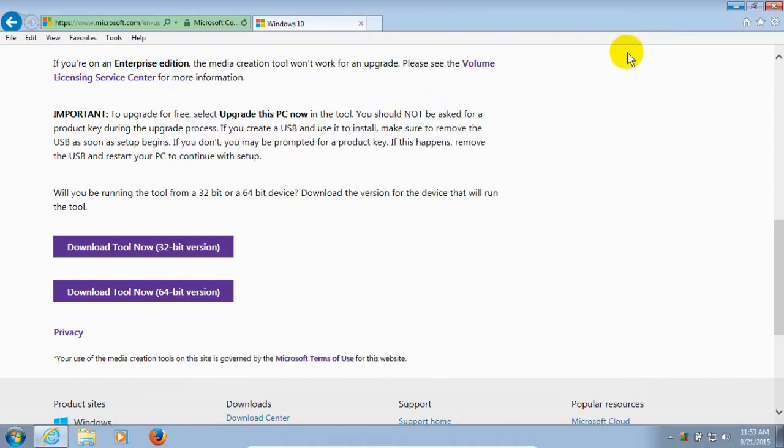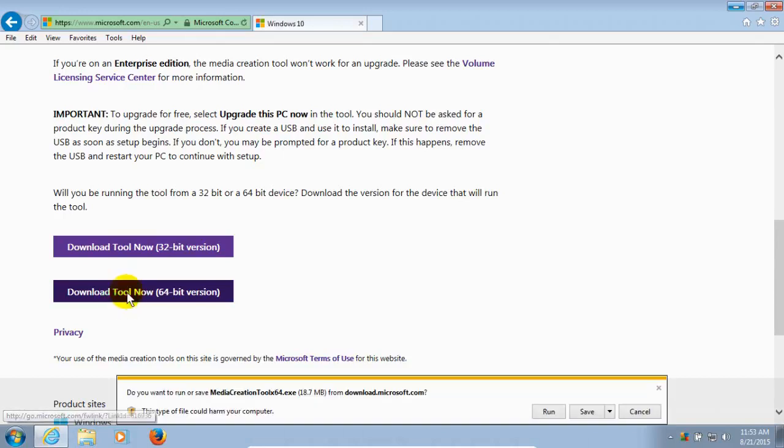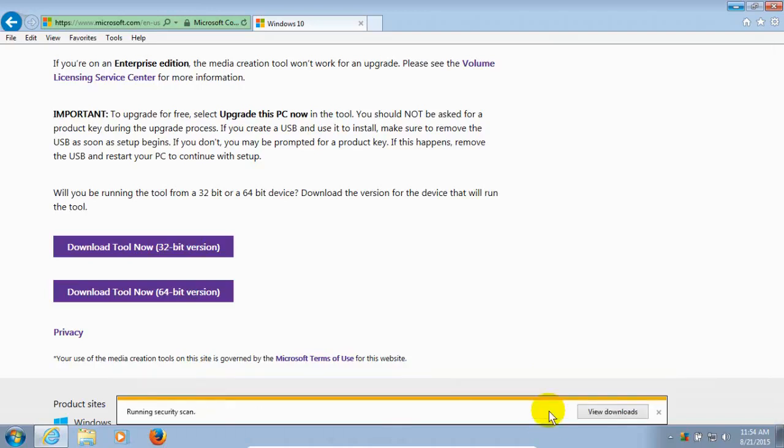Okay, let me go ahead and close that out, and I'm going to go ahead and click on the 64-bit version. And in IE I get this prompt down here that basically says, do you want to download this? This may harm your computer. I know that this is a safe site, so I'm going to go ahead over to the right hand side here and click on Run versus Save, because it's a very small file and it only takes a few seconds